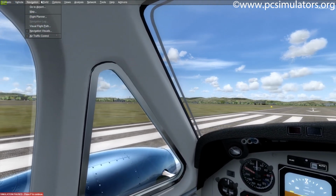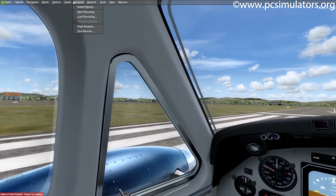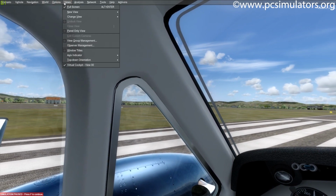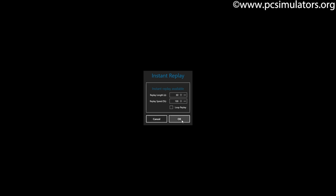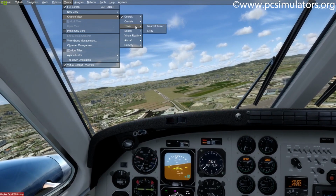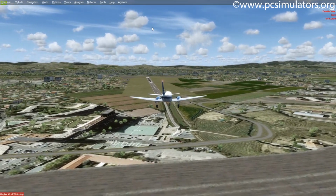So remember, it goes to options. Where was it? I can't remember where it is on this version. There we are, instant replay. So go back here and just do 60 seconds. And as I look from the outside, now that we can actually view the aircraft without worrying about navigating with it,